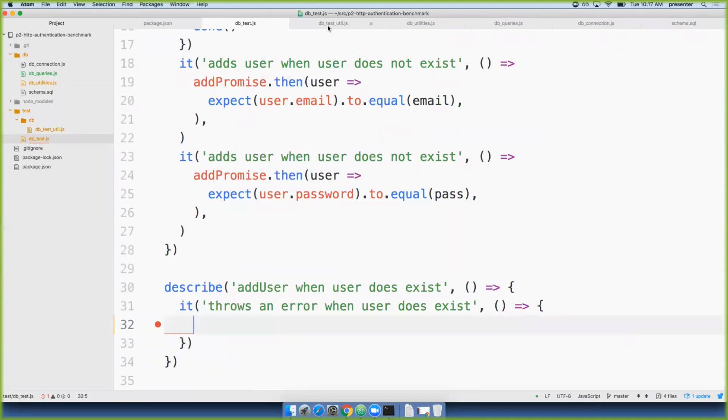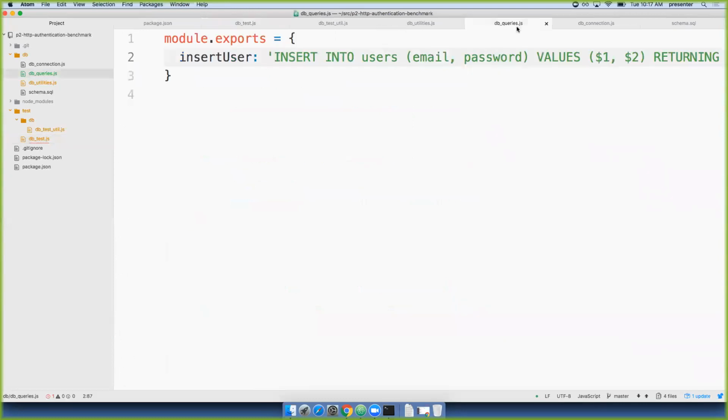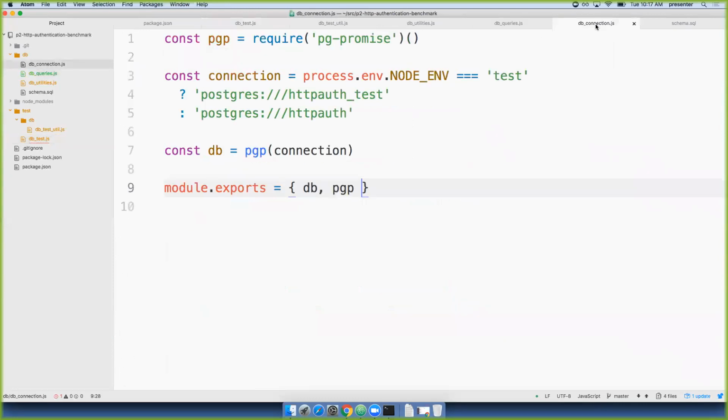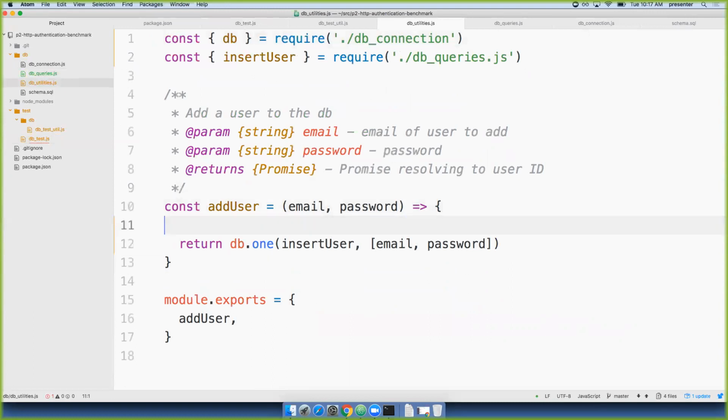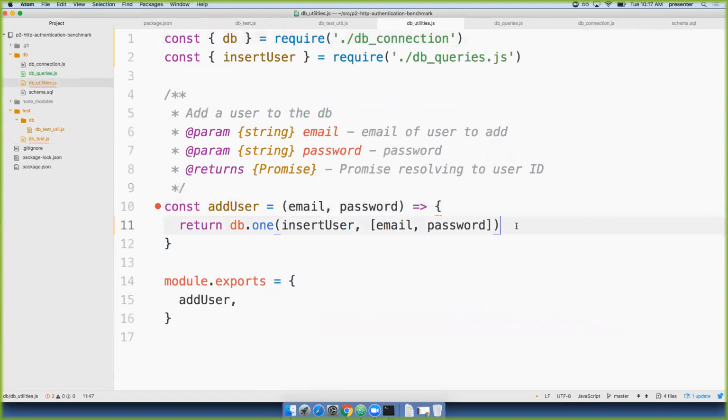So let's go back to, let's actually do some coding, and in DB utilities, I want to say, all right, so I'm going to do, I'm going to say const ID equals this. And really, actually, if this is going to resolve to user ID,